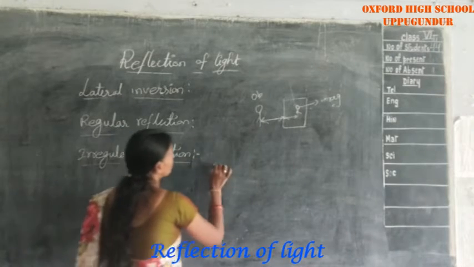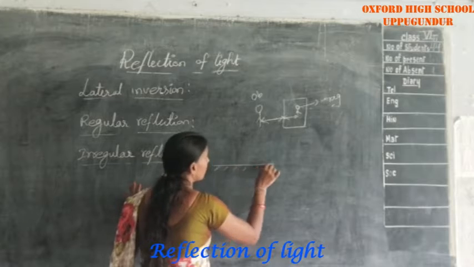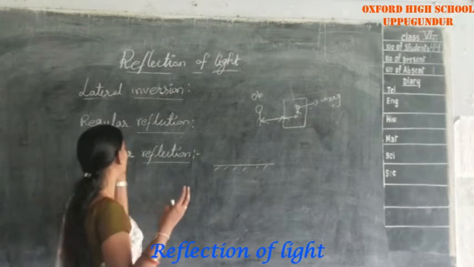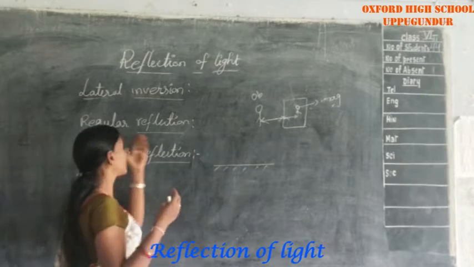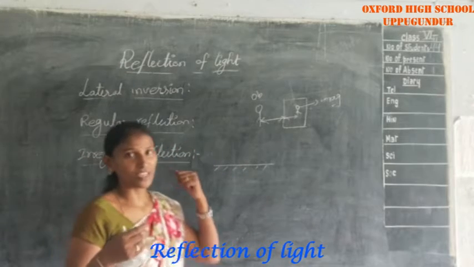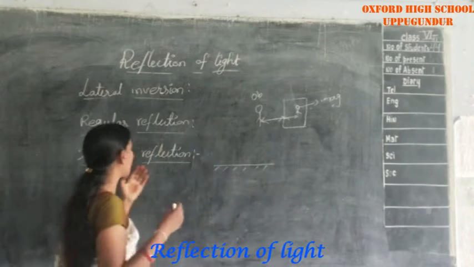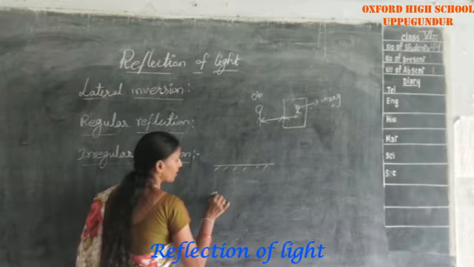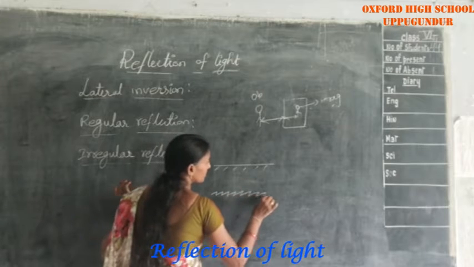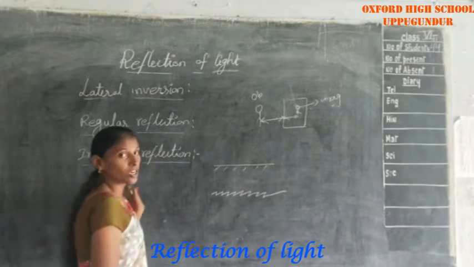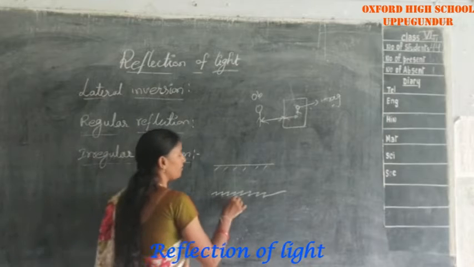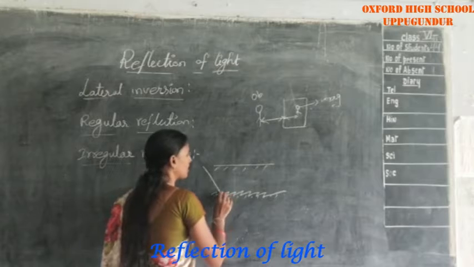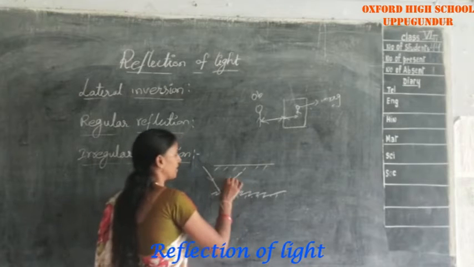A smooth surface means plane mirrors only. You observe your clear image in your house because plane mirrors are used there, and that is regular reflection, a clear image. But an irregular surface is not like a plane mirror, so you do not observe a clear image. This is the mirror, and the light is falling on the mirror, so automatically you observe the reflection. Yes or no?